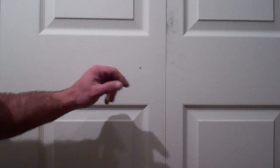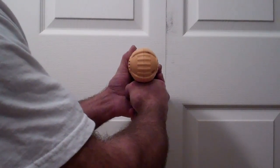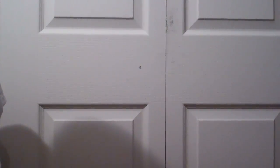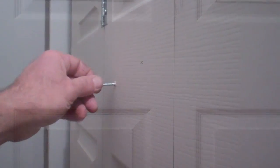Basically a knob. So the screws for those are pretty long, so I advise taking a drill bit that is roughly that same size and drill a hole once you've decided where you want to put that doorknob. So I decided on a spot 35 inches up from the bottom of the door, 15 inches in. Seems as good as any, and just drill straight through. From the back of the door,